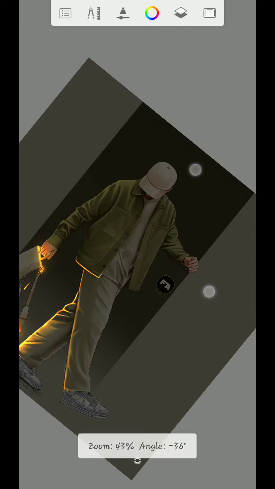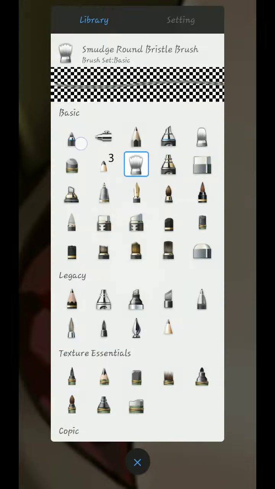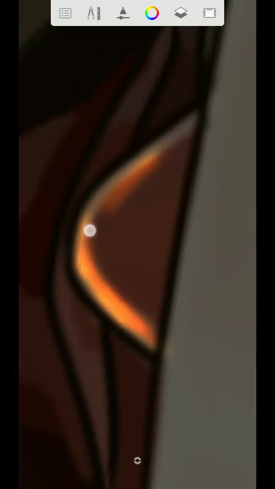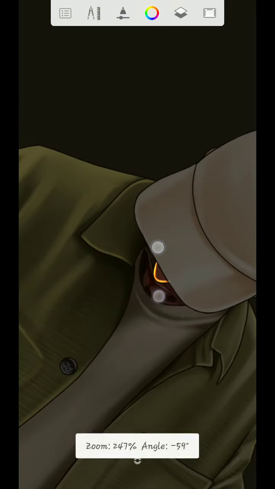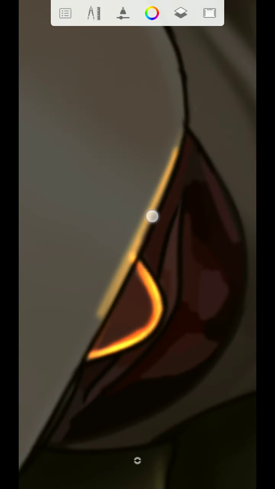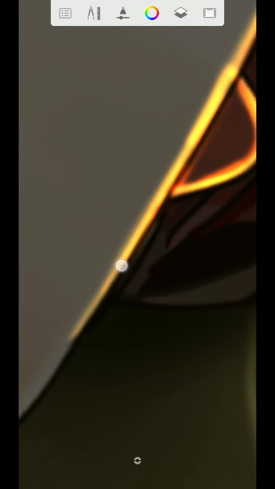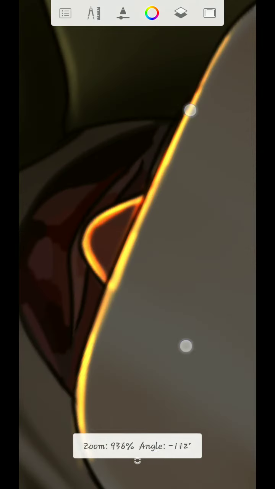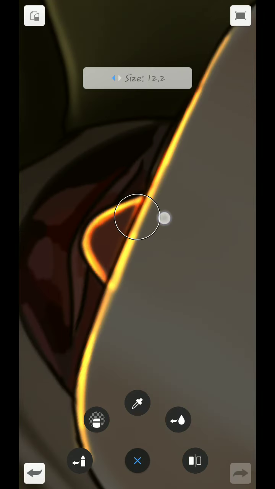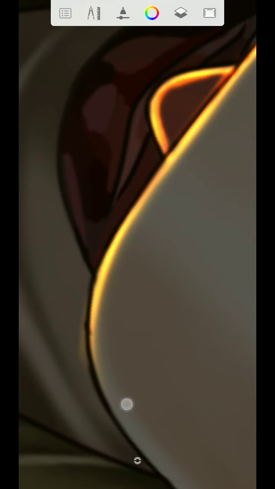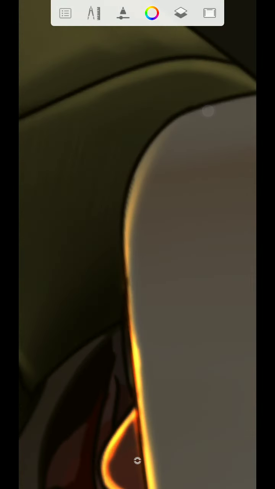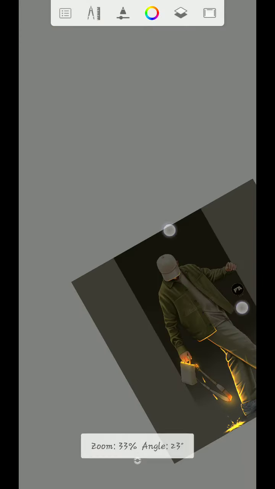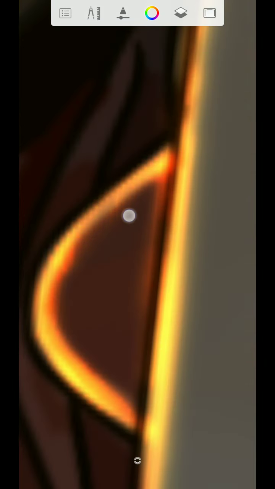So now once you're done with this part, then you go over here again. Use the hard airbrush. Then you add this color. Then you add this one right here. Then use the smudge brush to blend. So once you're done with that part,